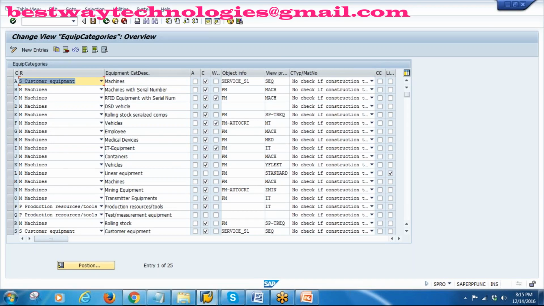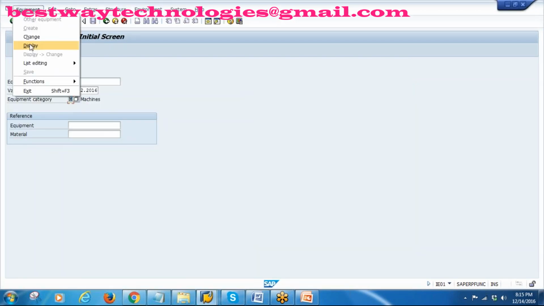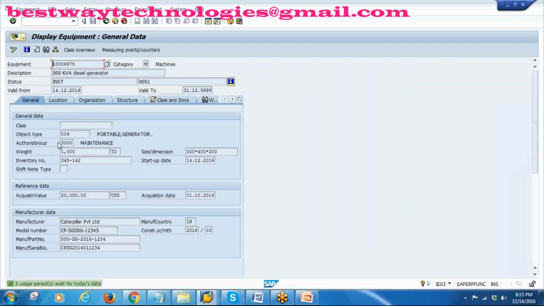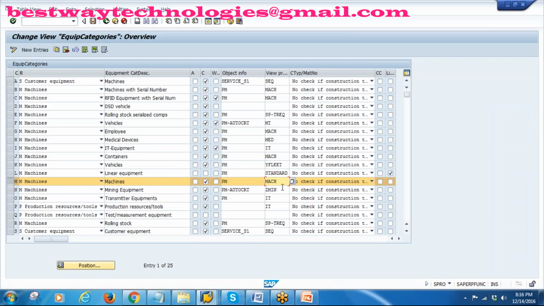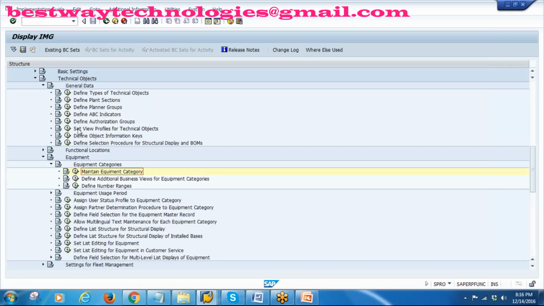These are the ones. Now what is the view profile assigned for M? For M, what is the view profile assigned? It is MACH. So in the MACH profile you will be assigning all these tabs, general tab, location tab, same as yesterday's functional location. So we will go to this view profile MACH, go to general data, go to set view profiles for technical objects. If you go here,